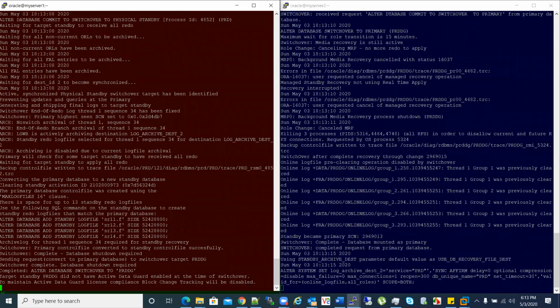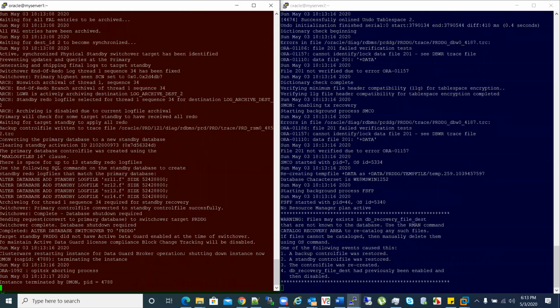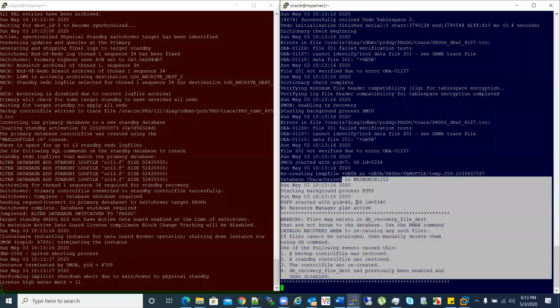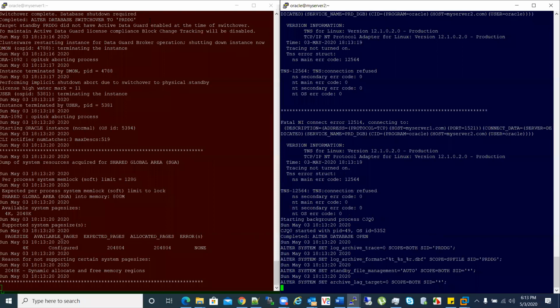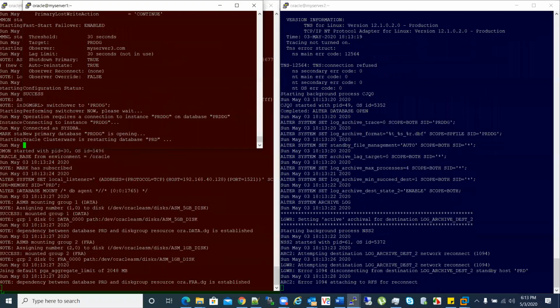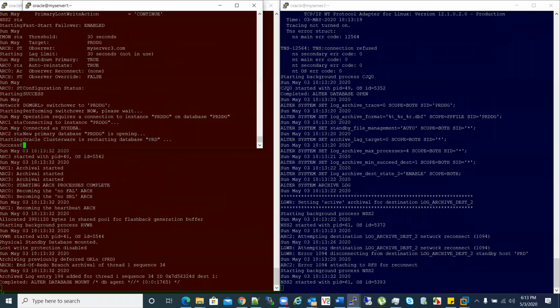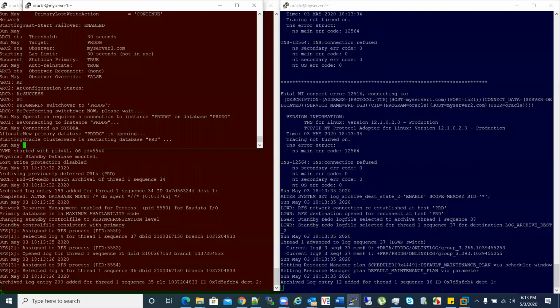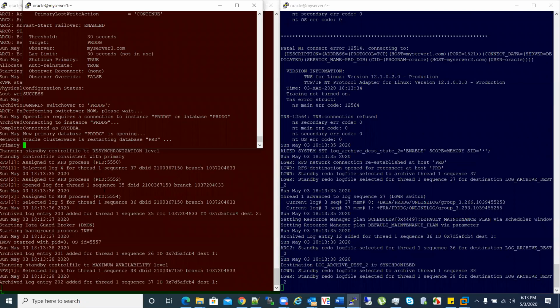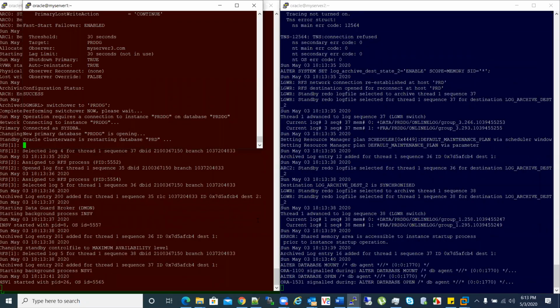So basically I'm monitoring here for alter database open. And at the same time we can check this out, Oracle Restart is restarting the PRD database. This went into mount mode. RFS started here. So looks like this becomes standby, the red one.